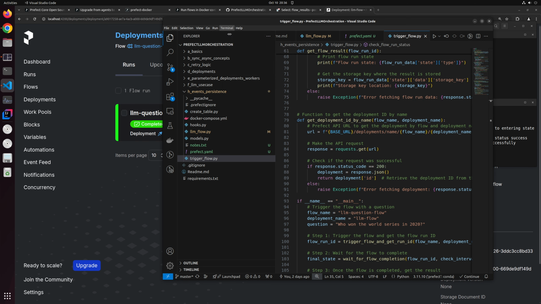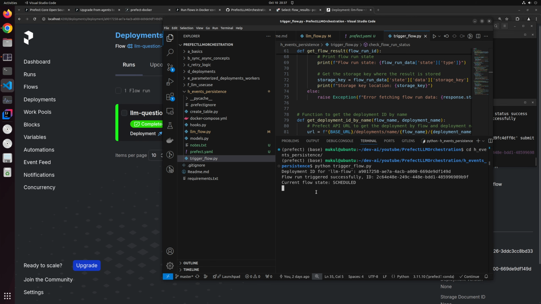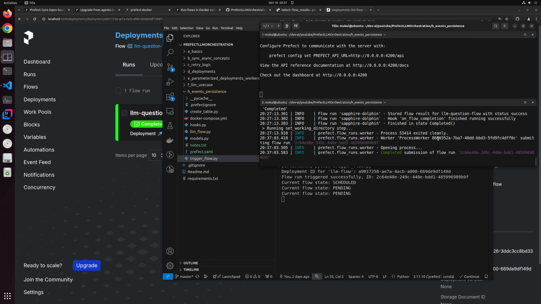So terminal, new terminal, and let's trigger flow.py from here. So Python trigger... Oh, I gotta go into that folder. So cd into it, and then python trigger flow.py, and this is where, yep, you can see the flow got picked up,